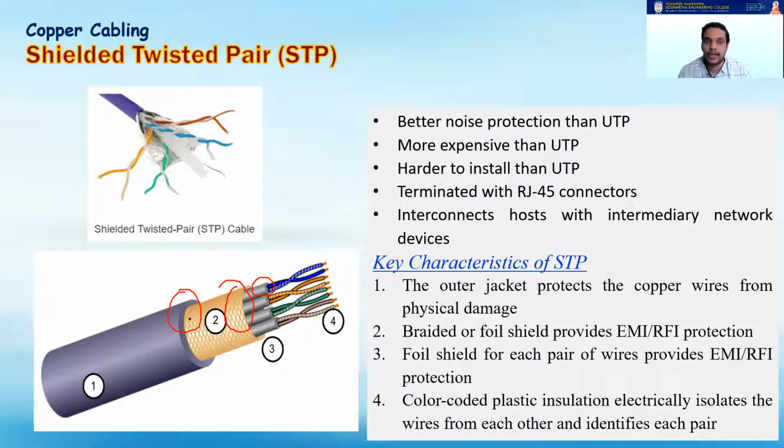Please make a note that STP is far better with regards to the bandwidth and the attenuation characteristics. UTP does not provide that much protection, whereas STP provides very good protection against EMI and RFI. But because of the expensive and bulky nature, it is not that flexible to move this cable around, and you don't find it in many installations. Usually, people tend to go with UTP itself.